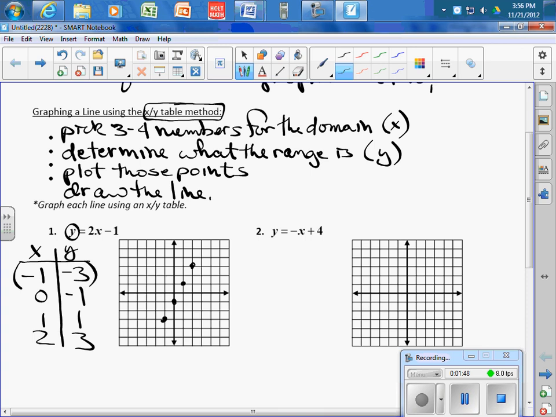I can draw my line. When you draw your lines, please use a straight edge. Take your line all the way across the graph. And there's your line. And number 2,